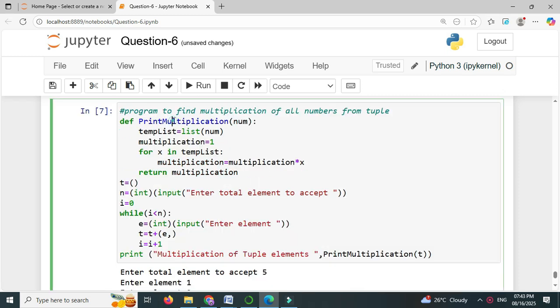So here first we have defined a function print multiplication with parameter num as a tuple name. Then we have converted this tuple to list, and we have defined one variable multiplication which is initialized with 1, and to read the list we will use for loop. So for x in temp list we will multiply this x with multiplication variable, and after this we will return